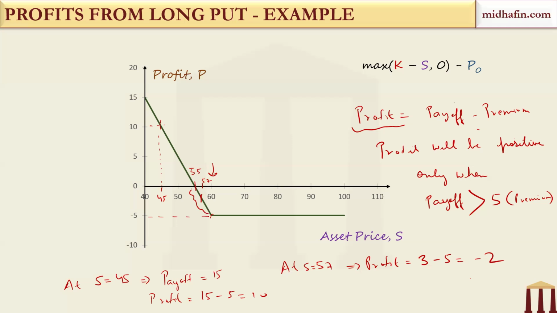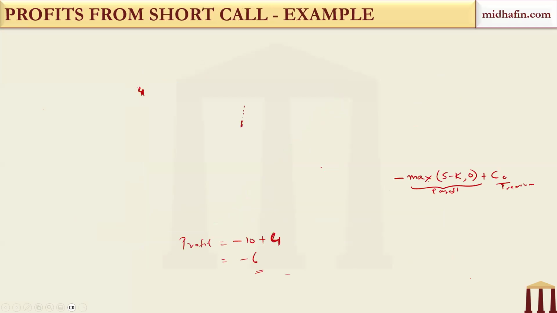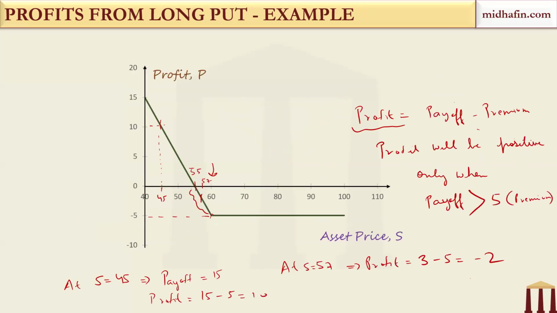Let's take an example of a long call. What is the long call doing? The long call has bought this call option. So a long call is also kind of hedged against the price dropping below 60, but still there is a lot of scope of profit if the stock price goes above 64. So it's like hedging, but options should not generally be considered a hedging instrument, because in most cases we use futures and forwards only. In some cases, options are also used, and in fact, we have done an example of hedging using options also,